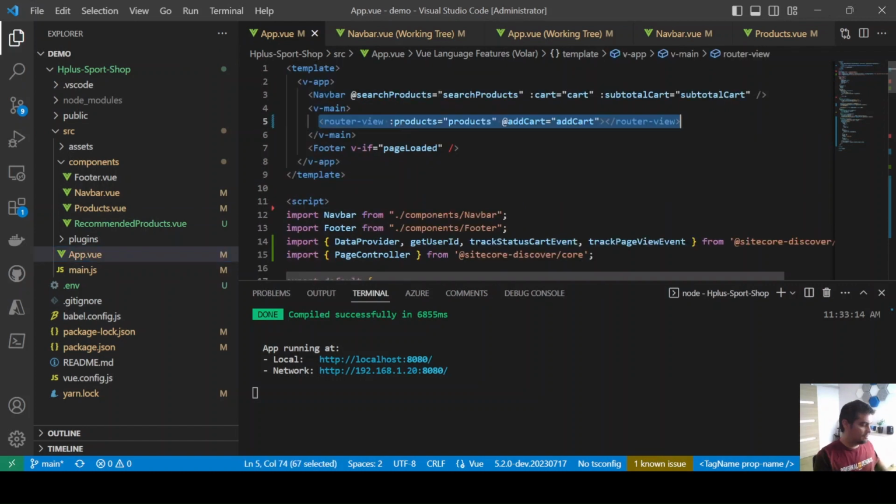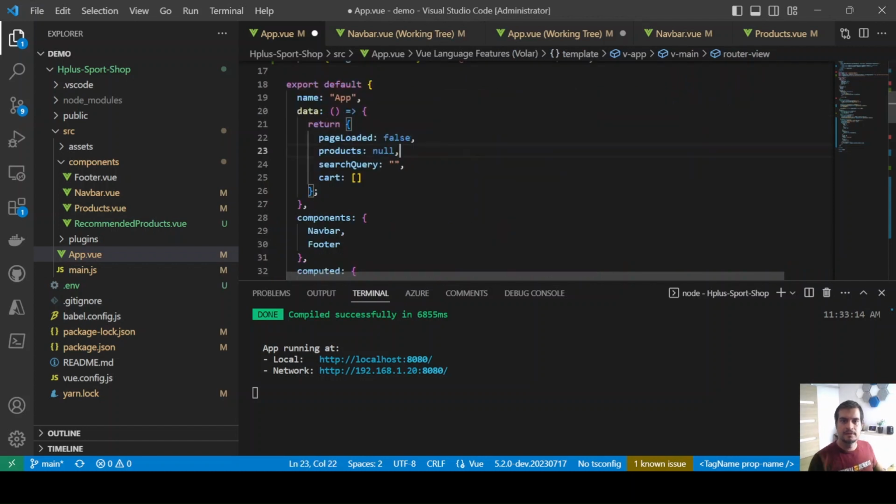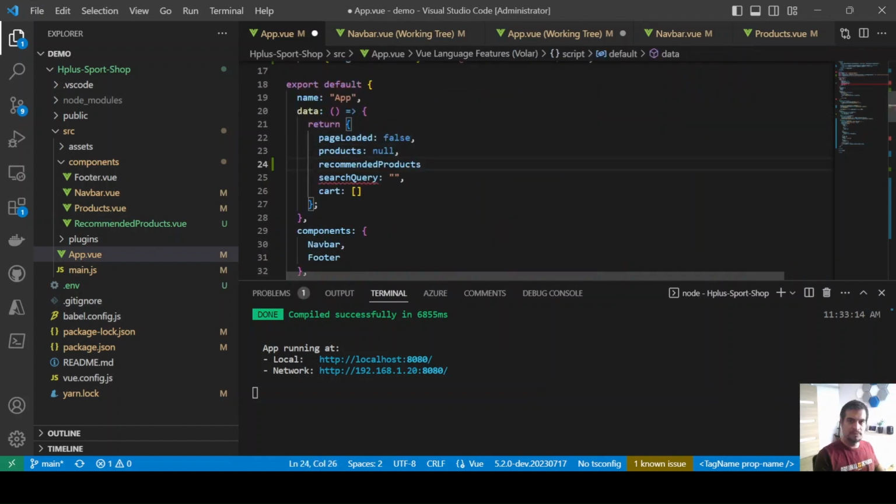So we're gonna create a new one on top, and this one will be related products. Sorry, recommended products. Like that. So then I will add also recommended products, the same way,